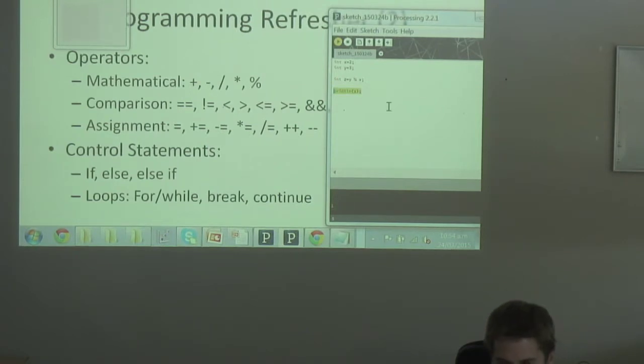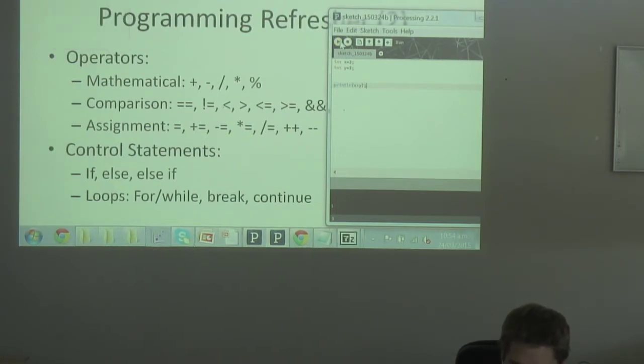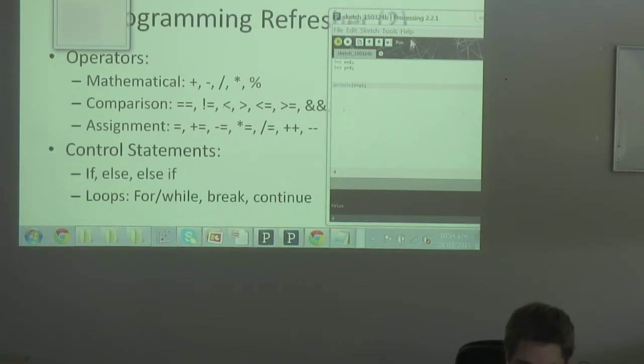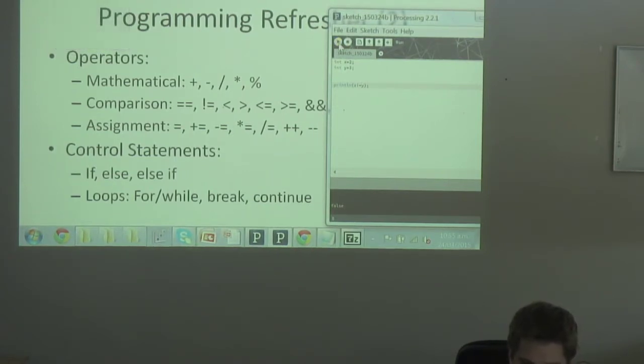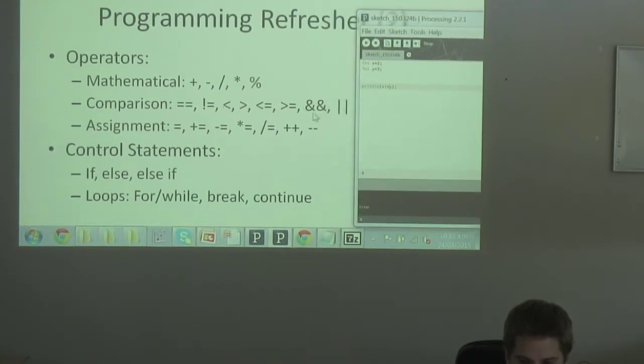Comparison, so if we want to do println x is greater than y. So this is greater than, this is less than, this is equal to, this is not equal to. So, true. So equal to, not equal to, less than or equal to, greater than or equal to, and then we have these two functions for